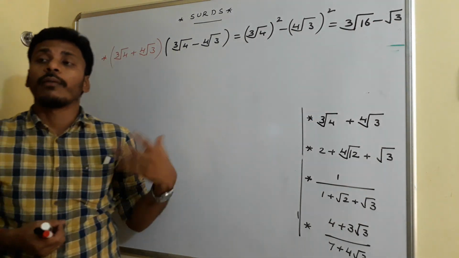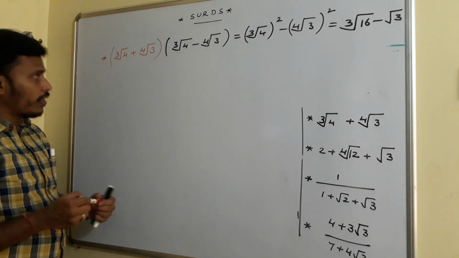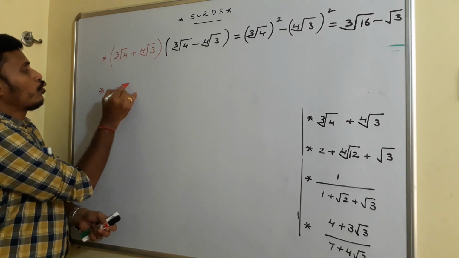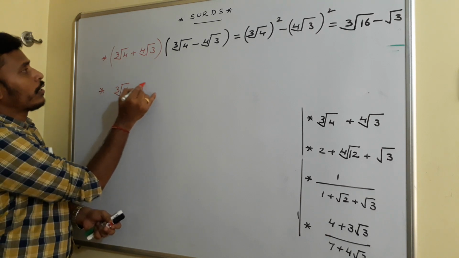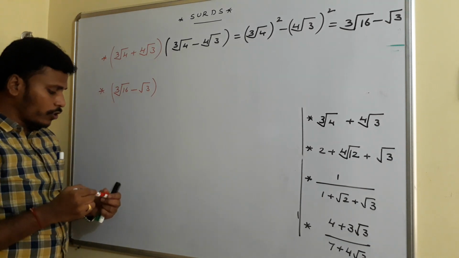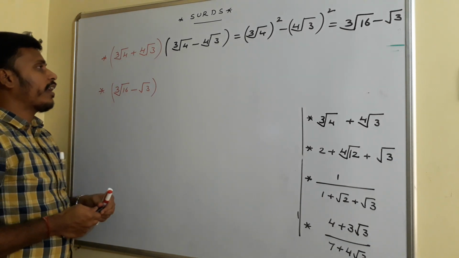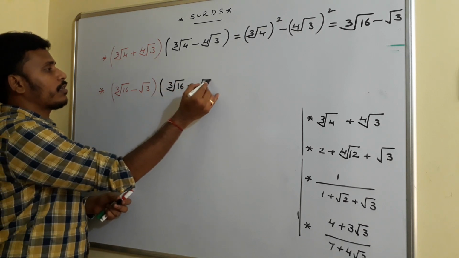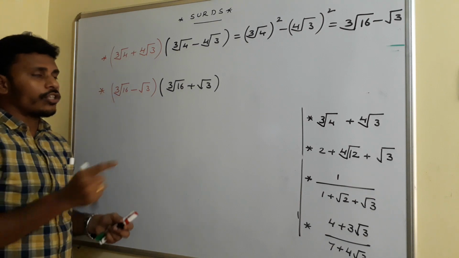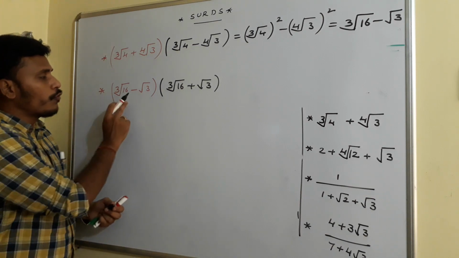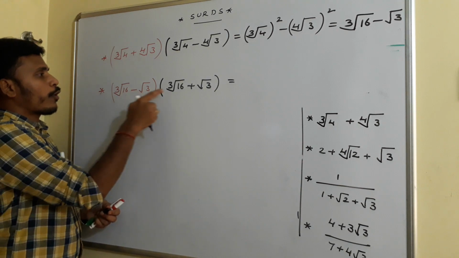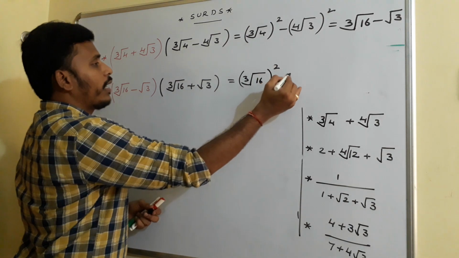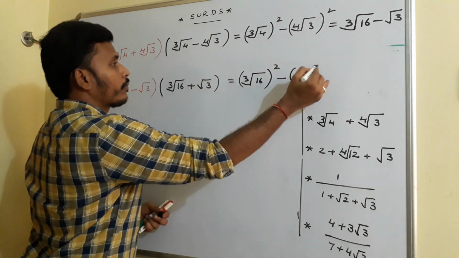So you need to multiply with some more terms. What is the number? Cube root 16 minus root 3. Now you multiply this cube root 16 minus root 3 again with cube root 16 plus root 3. Just change the sign. Because this is second order, you try to remove that second order to the normal order. If you multiply these two things, you will get the product of these two squares, that is, cube root 16 square minus root 3 square.